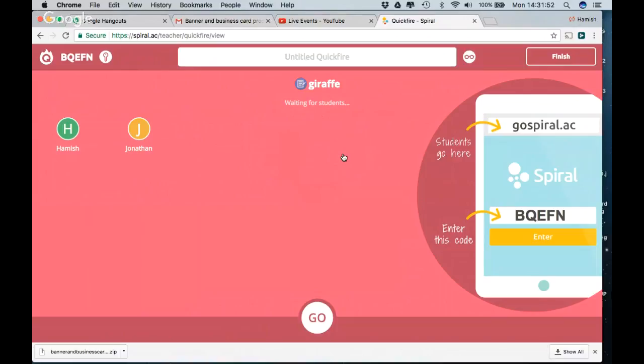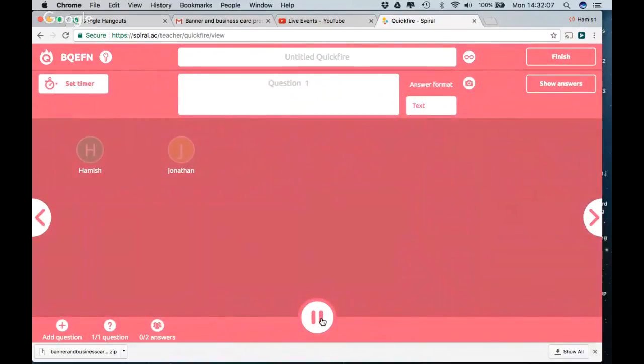Okay, so you'll see very quickly, just like quite a lot of other apps such as Kahoot and GoFormative, etc., that it's got that whole code system. You can see who's in the class, and in this app, what most teachers use this app for is to ask a very quick verbal question of the class. And I'm going to ask the class what's the capital of France. Okay, and the class are going to respond really quickly to me, and I can see who's responded to the question once I've got enough responses up,